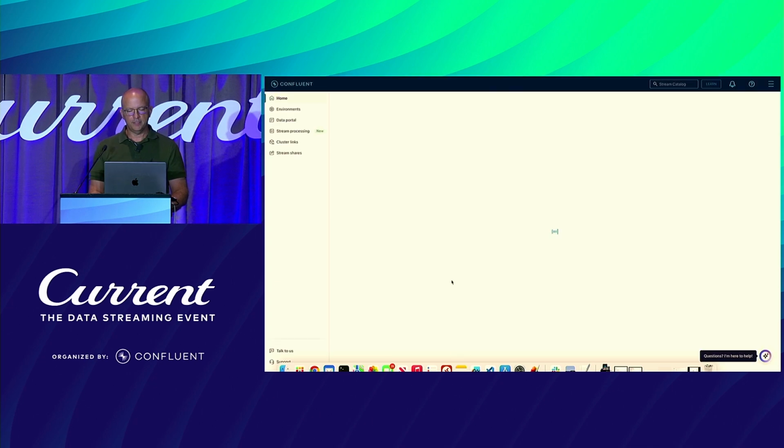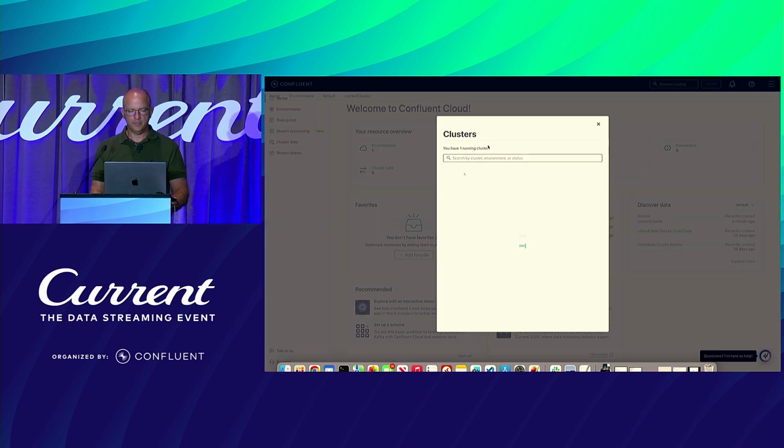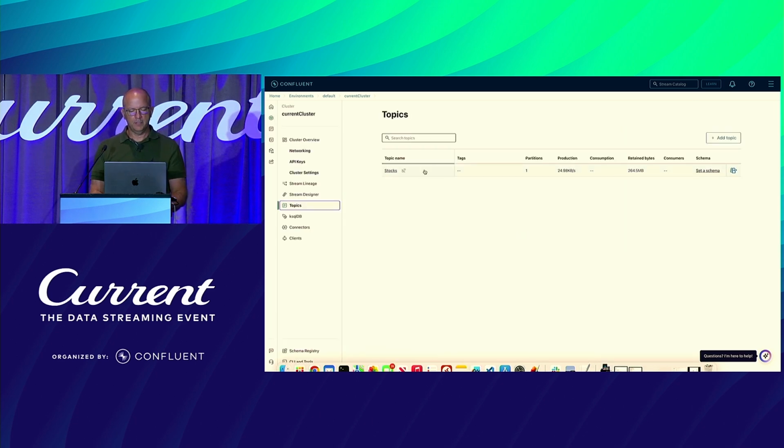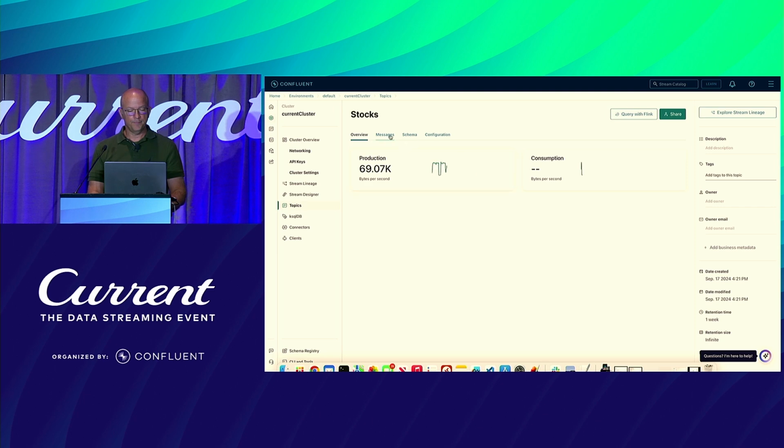So I have one cluster here, my current cluster, and topics. I have a stocks topic, and if we look at a sample of the messages here,